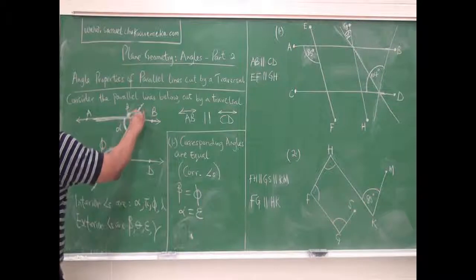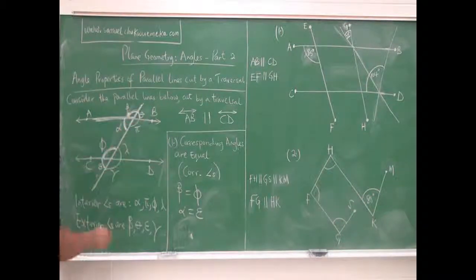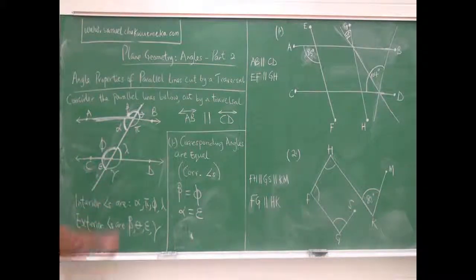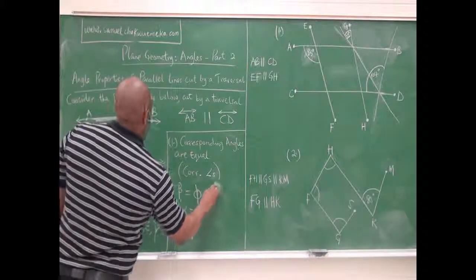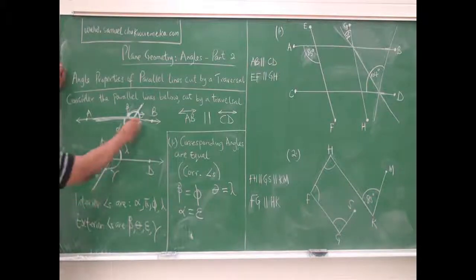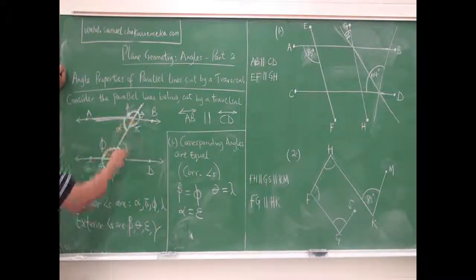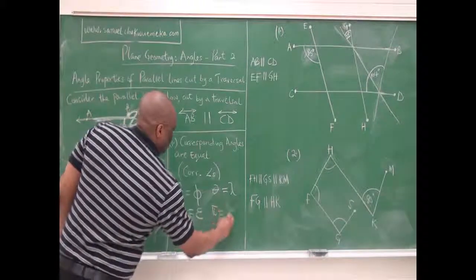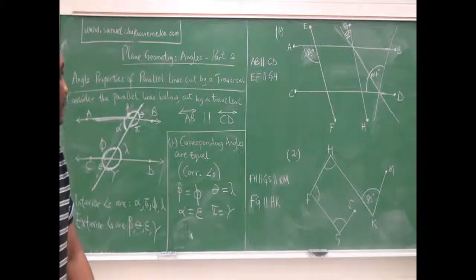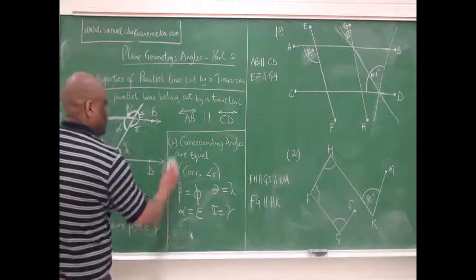And then you see theta. Theta is the exterior angle here, and then lambda is the interior angle here, and they are facing the same way. Okay? So theta is equal to lambda. And then you see pi, the interior angle here, and gamma, the exterior angle here, and they're facing the same way. So pi is equal to gamma. They are corresponding. So please take note of that, it's very important. Okay? Now the next one, number two